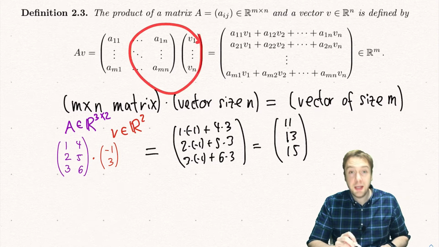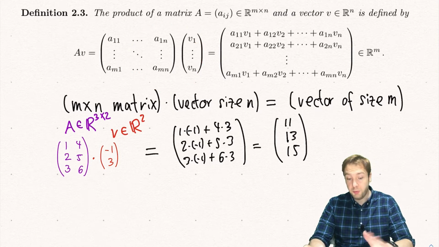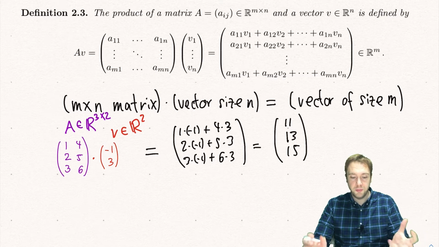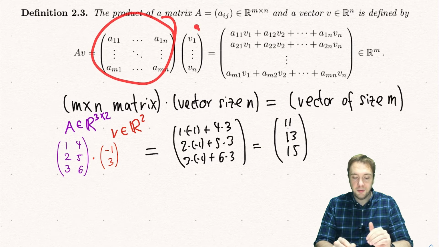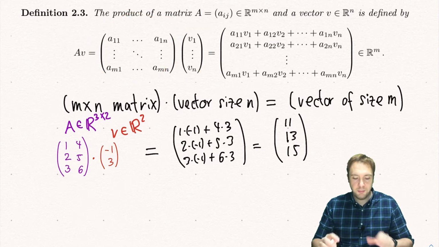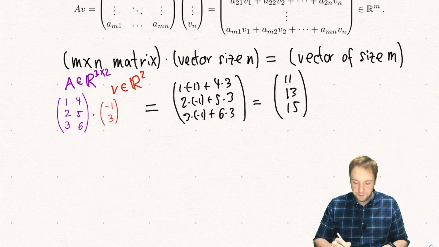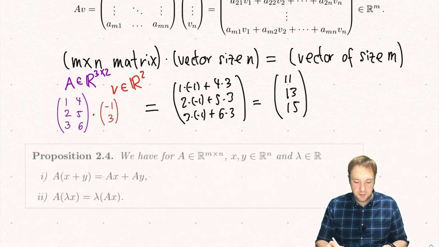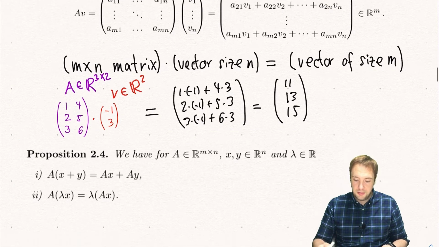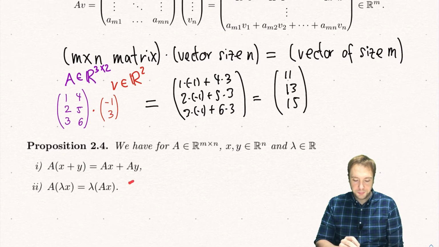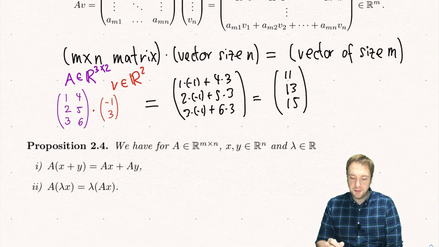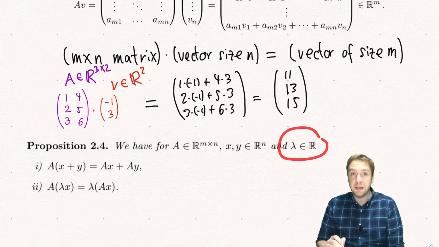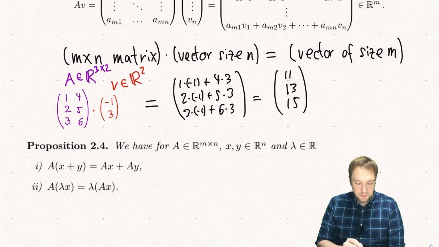And these are multiplications of matrices with vectors, and we will generalize this later. Later we will introduce the product of two matrices. But for now we just consider multiplying a matrix with a vector. And these products satisfy certain rules, which are quite similar to the rules satisfied by real numbers. So, for example, if I have a matrix A of size m times n, and I have two vectors x and y of size n, and a scalar lambda,